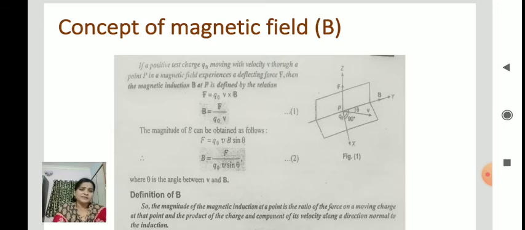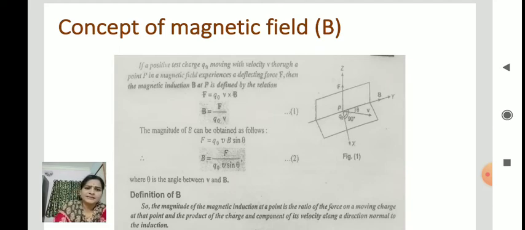Then the magnetic field induction B at point P is defined as F is equal to q naught v cross B. So from that I can write B as equal to F by q naught v. Here q naught is the positive test charge, and it is moving with velocity v. So the deflecting force experienced sideways is F. So the magnetic field is defined as the ratio of the